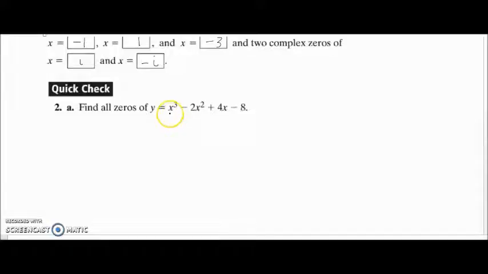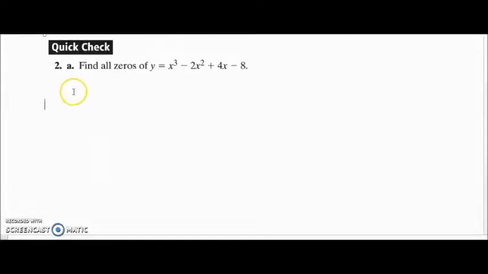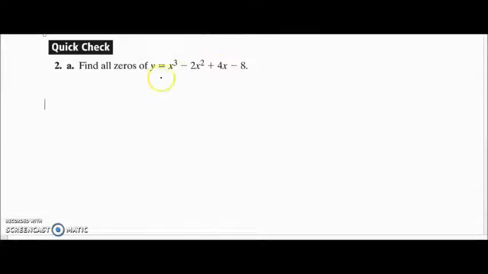Let's take a look at this quick check. Okay, I'm going to start this quick check for you, but I'm going to leave you to actually finish it. So I'm going to help you find what the possible rational roots would be, and then you'll have to check each of them to figure out what the actual answer is going to be. So let's take a look at what the possible rational roots could be. Once again, we need this coefficient and this constant. So our P is 8 and